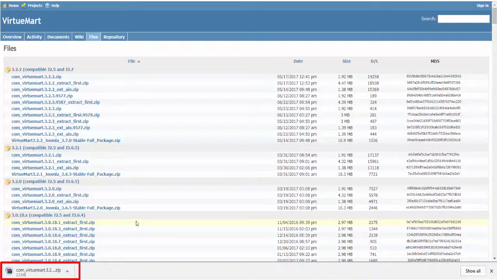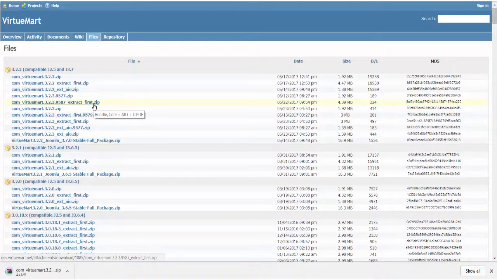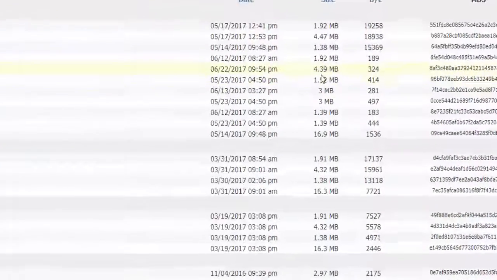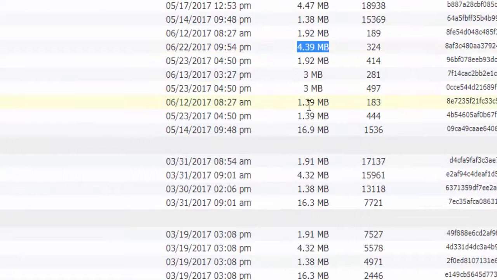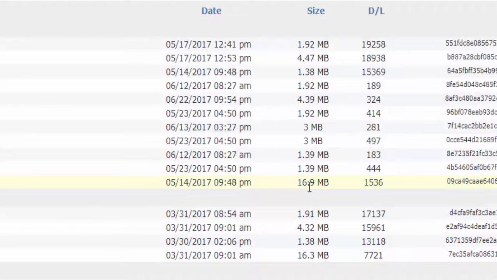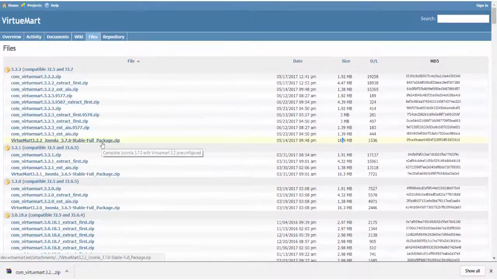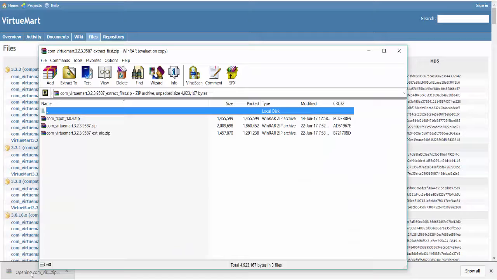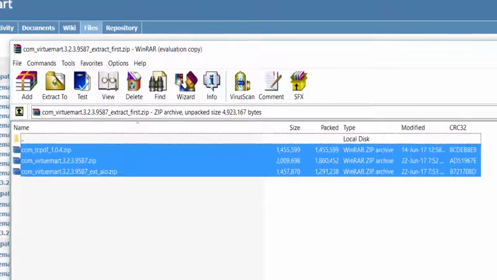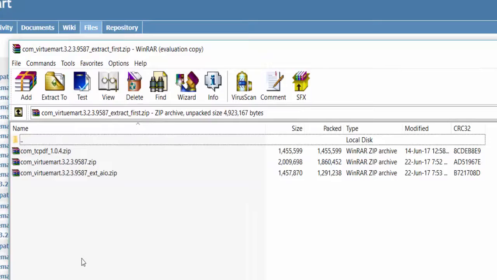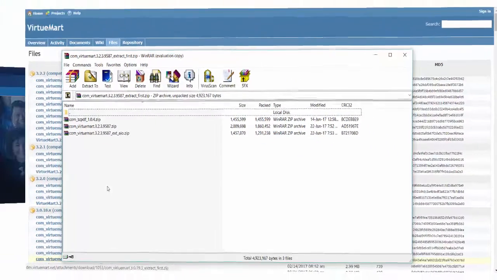And once they download, we'll have a look at the files inside of this first extract_first zip file, and we should find the same three files. And just a quick reminder, if you move to the right, you'll find the actual size of this particular file. So this is 4.39 megabytes, and if you add all of this, you're going to get 16.9, which is the actual full package. Okay, so let me open this file now, and as you can see, we have exactly the same three files. All right, the needed three files which we need to install in the right order in order for this